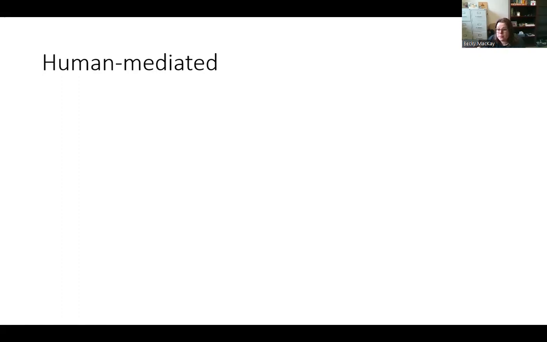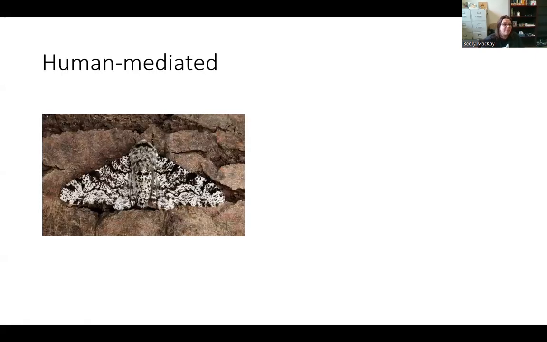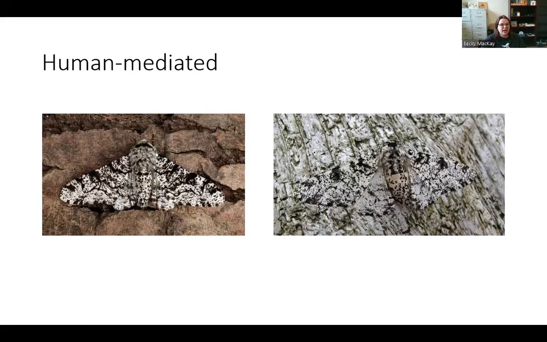of this that's human mediated, so humans completely altered it, is the peppered moth. The peppered moth is from the UK, and in the UK there's a lot of ash trees. And because of this peppering on its wings, they have really good camouflage. Now you can probably tell, oops, let me draw it actually. Here is the peppered moth, but it's got really good camouflage. It's pretty hard to see.